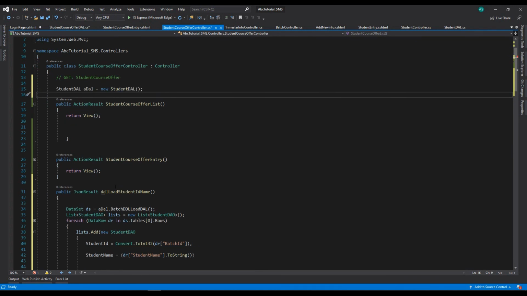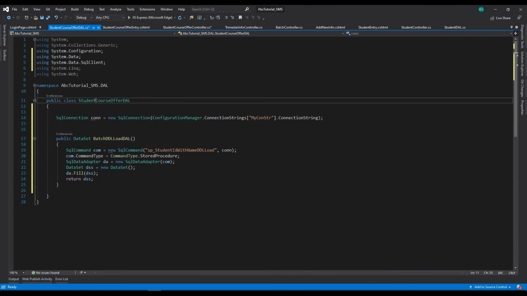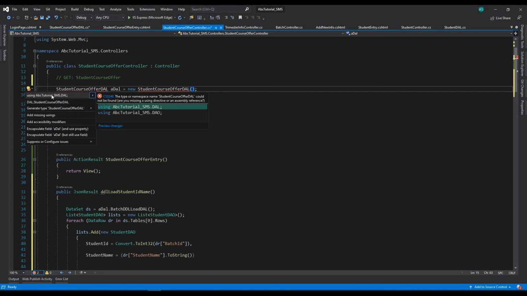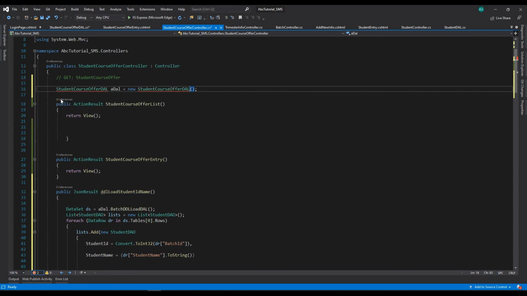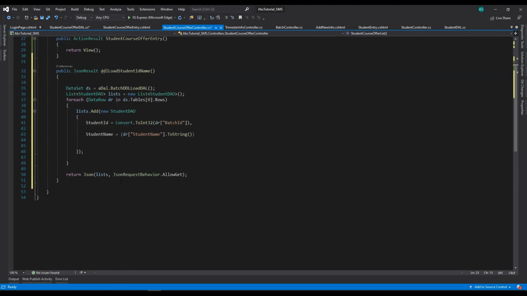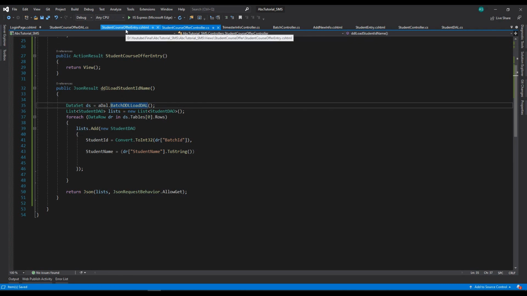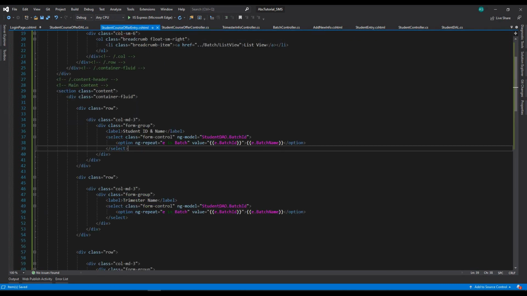Okay, paste it, and we need here this dal name and paste it here, and also for here, and we need to reference. Okay, and now I'm going to this student course entry page,